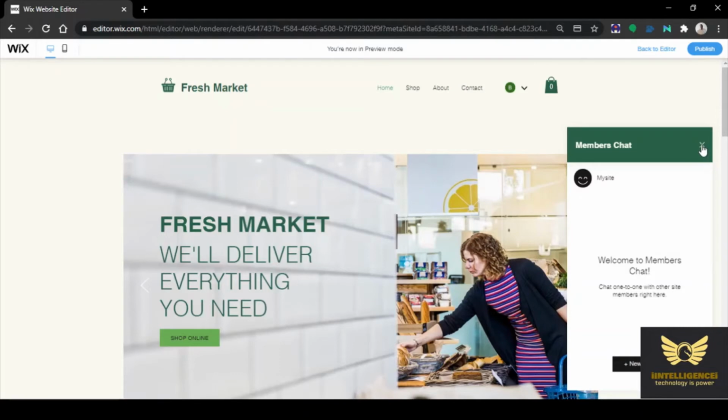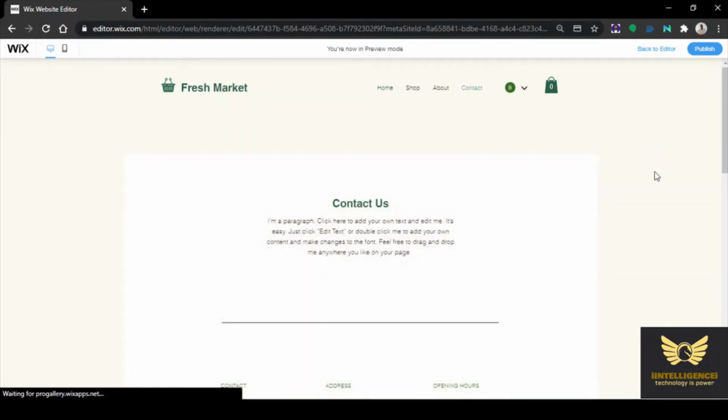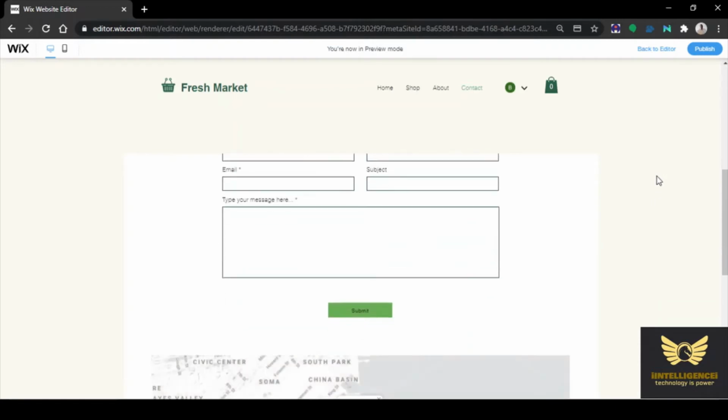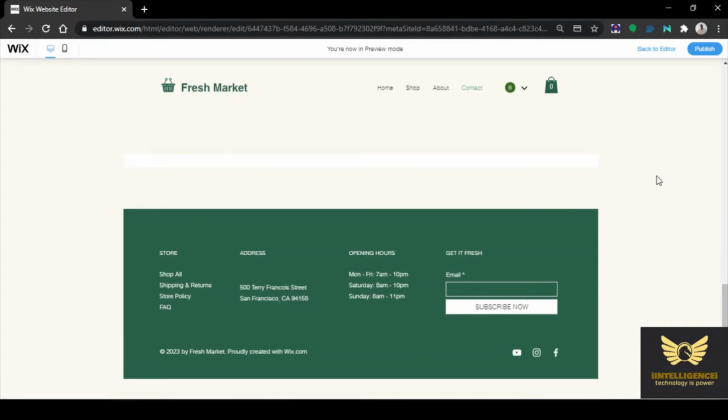This is the Wix chat. So these are the contact details. We need to change all this information and edit it. So later on we can edit it.